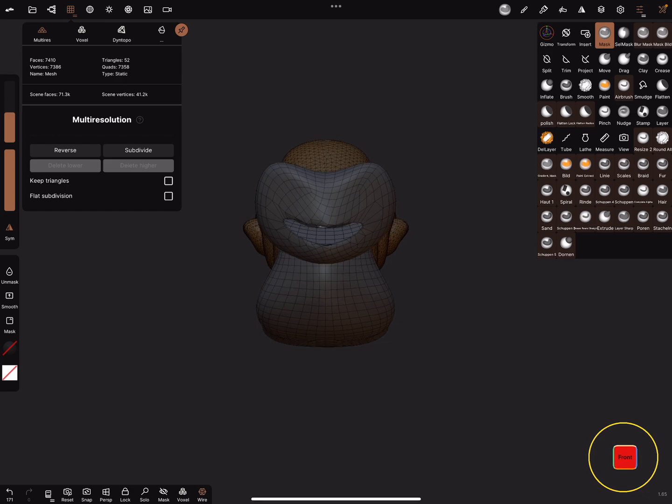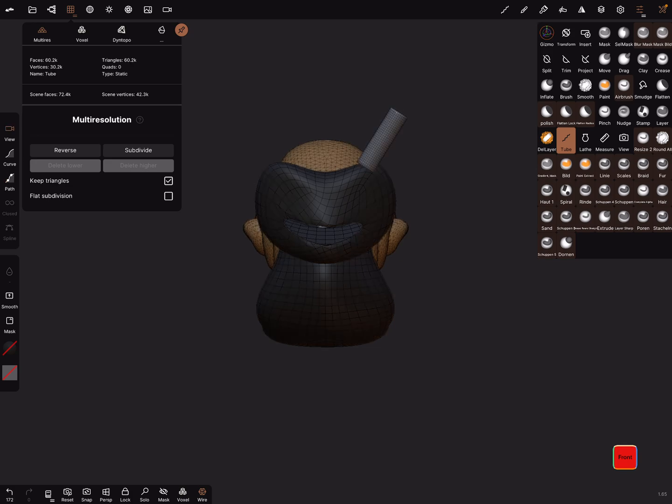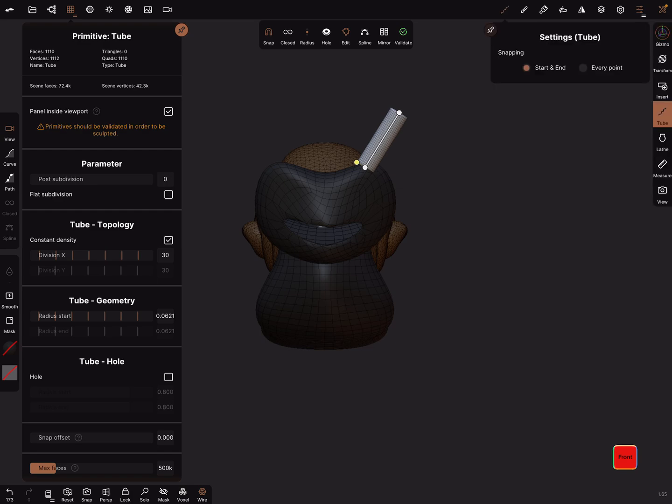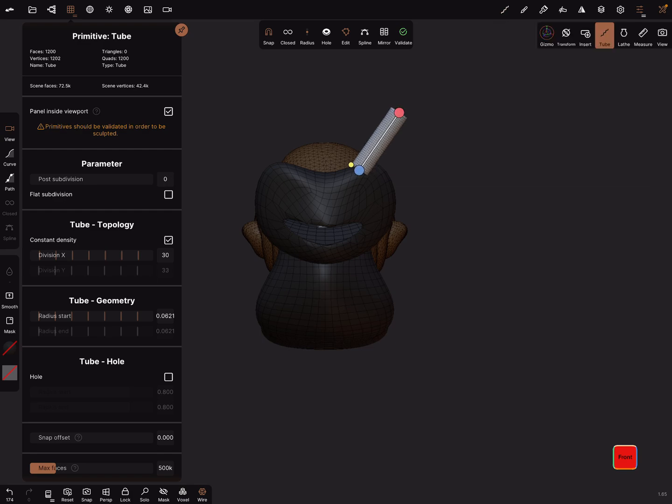In the front, use the tube tool. Path. 2 points. Now let's select this object. Use the snap function at the top. Here in the settings, start end is okay. And the radius, multi-radius, and